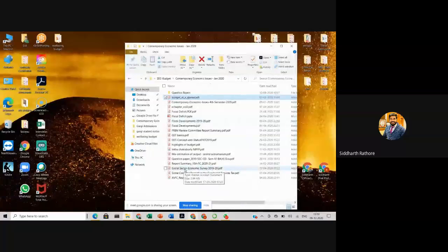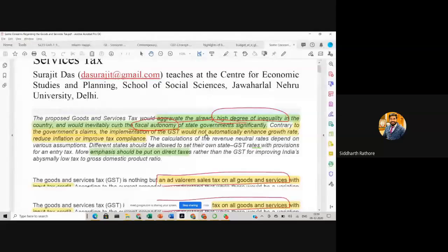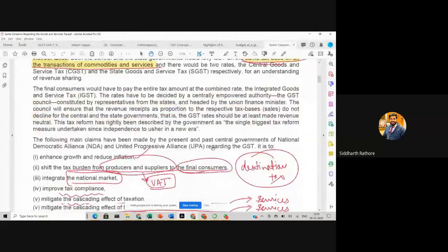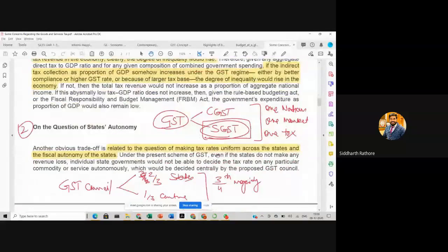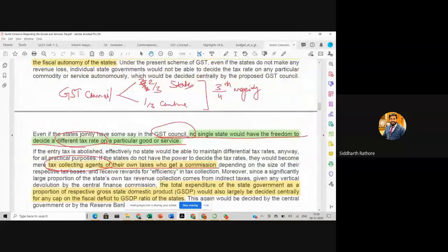Then chapters from the economic survey are not challenging at all. Some concerns that this is another paper that is there in your syllabus. So it's theoretical in the sense of practical aspects of what is happening in the economy. So you can relate stuff